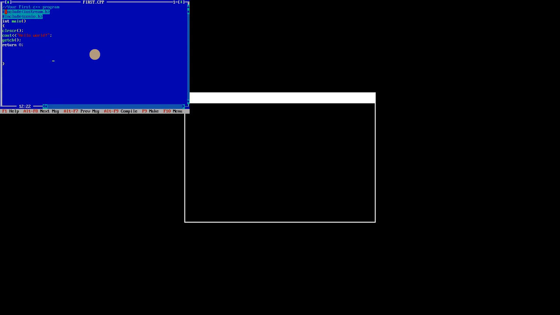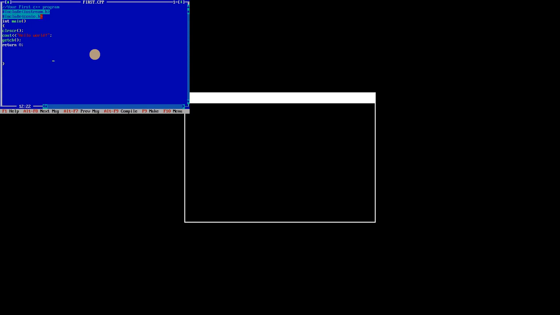Then next, #include iostream.h. The #include is a preprocessor directive used to include files in our program.